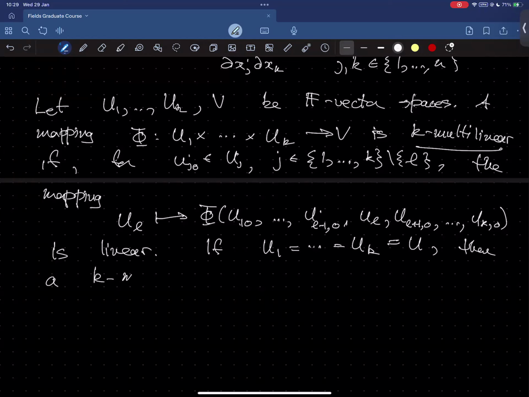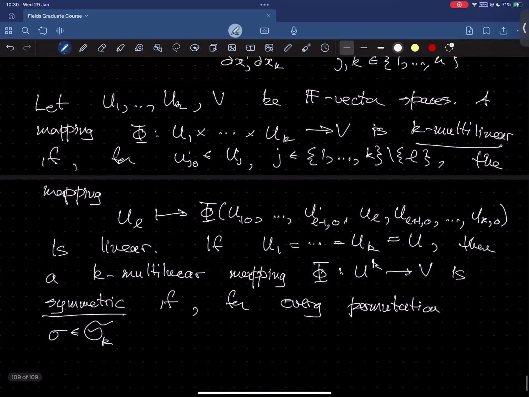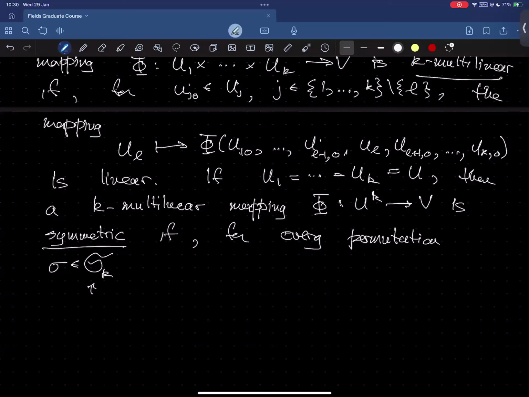A K multilinear mapping B from U^K, so K copies of U, into V is symmetric if for every permutation sigma, where sigma is in the permutation group,